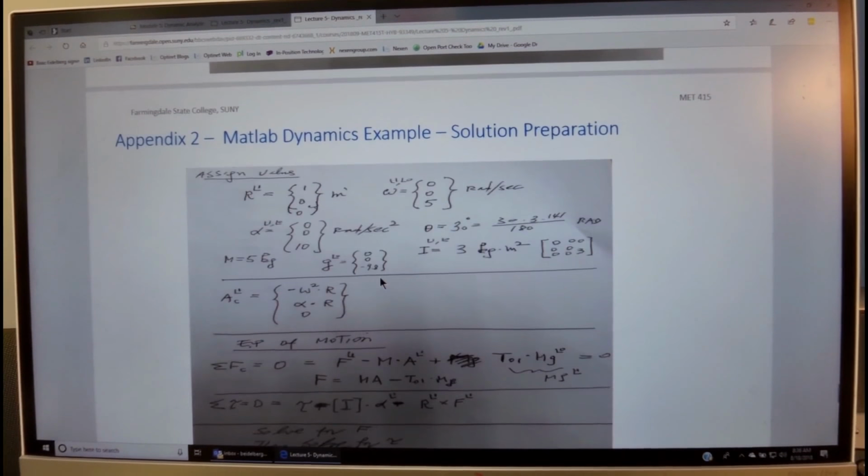So when we write the equation of equilibrium, we move all these elements to the other side, and the reaction force is m times a, total acceleration, minus the transformation from